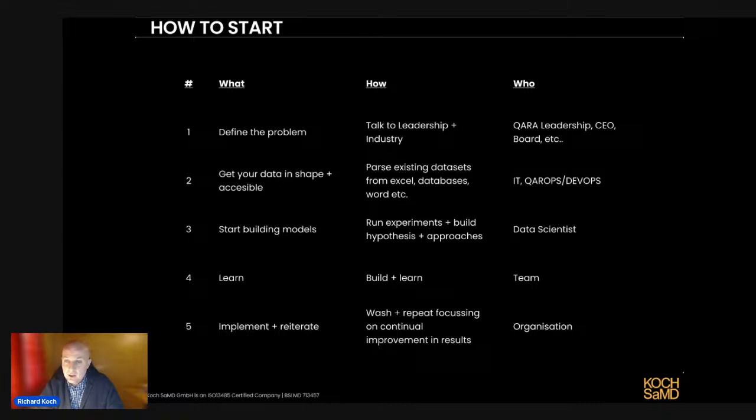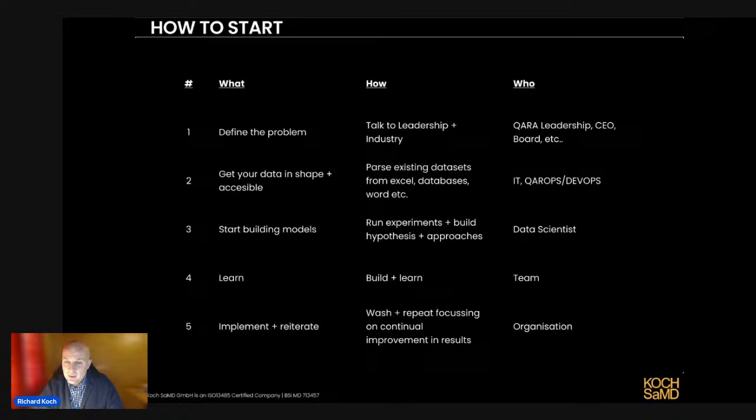And who you're speaking to, to find out those things, talk to your quality leadership, or if you are the quality leadership, talk to the CEO, the board, your employees, walk around the floor of your people in manufacturing. They're generally really good people to speak to. They see it every day, what goes right and what goes wrong. And just start asking, building a list of questions. Now, the next step is one that I predict a lot of quality departments may actually struggle with.